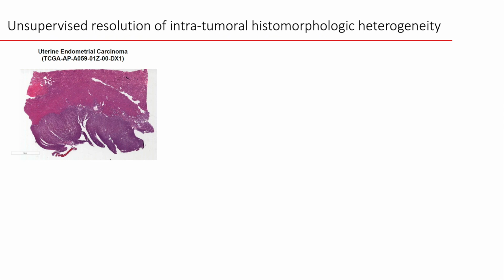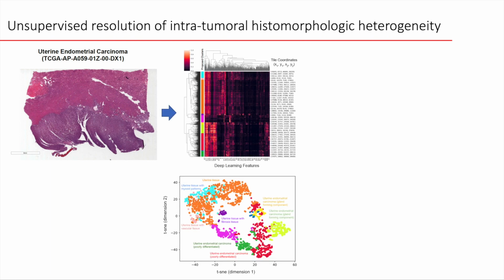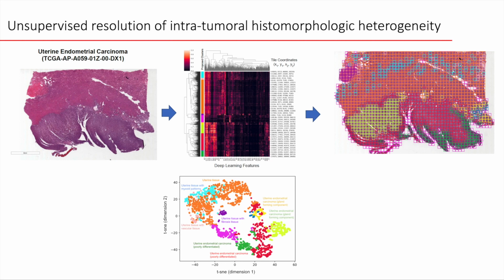Here is another case from the TCGA network, from the uterine endometrial carcinoma. Again, a tumor that this brain tumor educated neural network has never seen before. You have the endometrial tissue here, and then you have the tumor here that's much more purple on this H&E slide. We again deconstruct the image into these diagnostic tiles and then try to group them. And as you can see, it did a very, very good job separating out the normal endometrial tissue into one